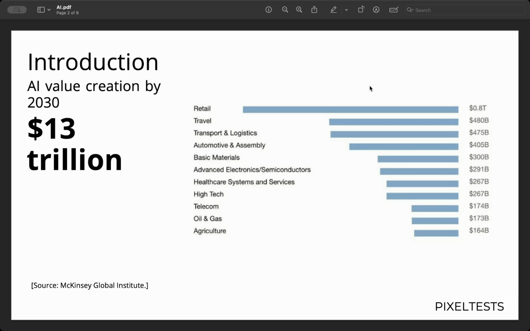So now you can see from agri to retail, everything has been covered, and high tech is a portion of it, and AI is going to be useful in automotives, in retail, in commerce, in travel, in oil and gas, in telecom, and all the other areas as well, right?